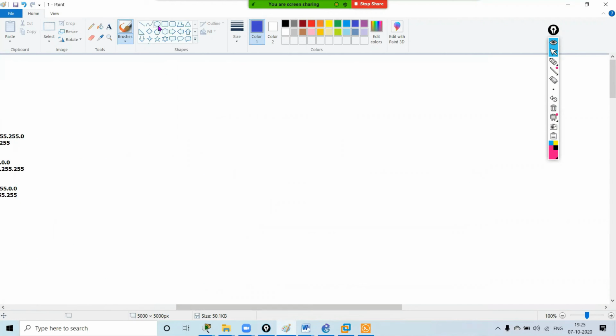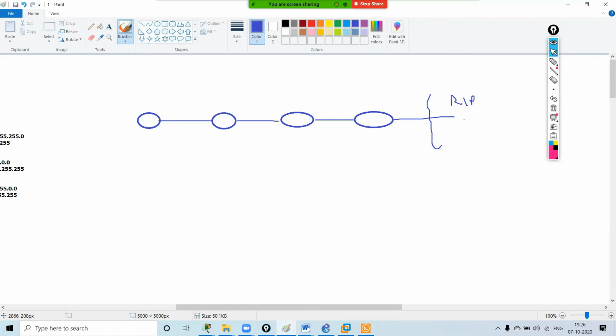There are two types of external routes in OSPF, E1 and E2 routes. Suppose these are my routers, connected with each other in this way. And here, suppose I am running another routing protocol, either RIP or EIGRP or something. Whenever these routes get advertised in OSPF,